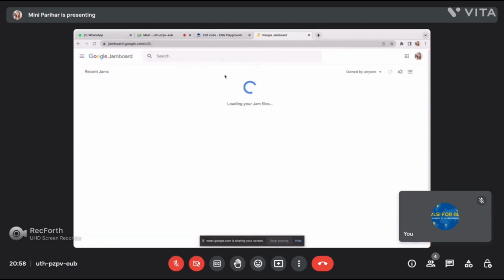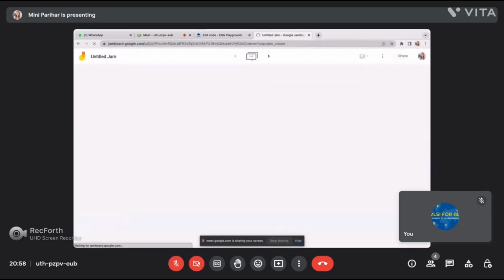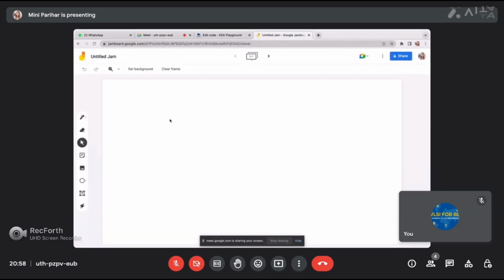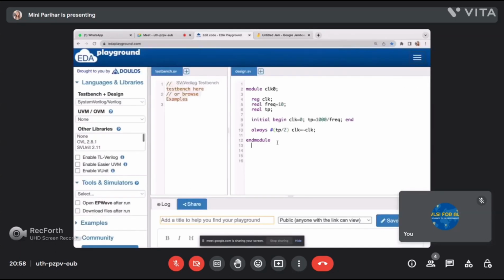Your screen is not visible for the code. Go to your code. What is the unit? I want to know this. Here I take nanosecond as the unit.